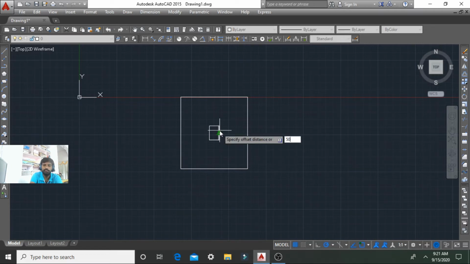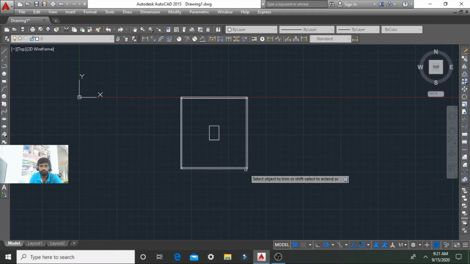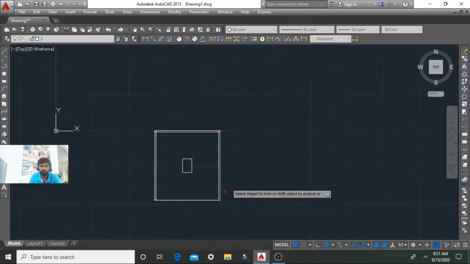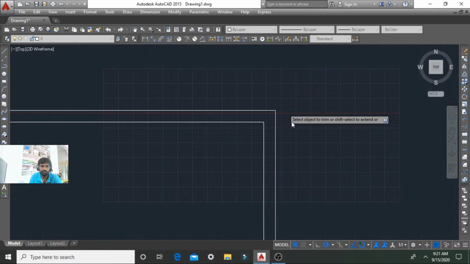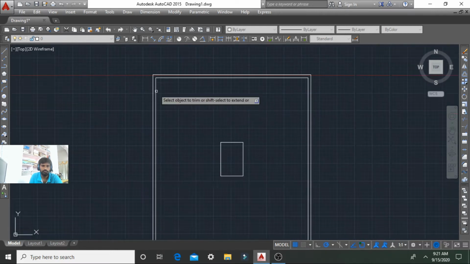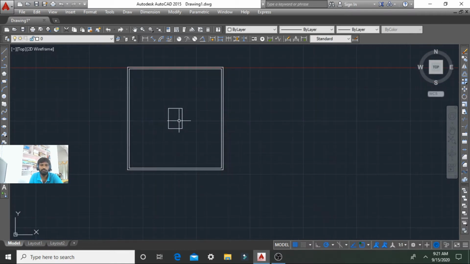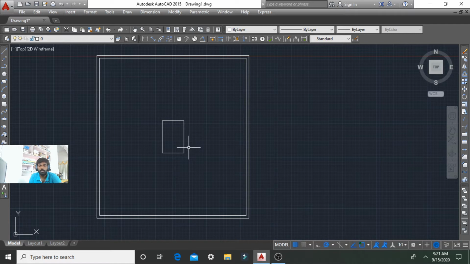So I am mentioning the cover is 50 mm on all sides of the pit. Trim all the extended lines. So this is the clear cover, 50 mm.